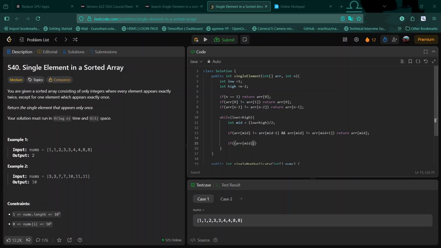If mid mod 2 equals 0, which is even, then my next element will be odd. The next element should be the same number, so I need to check that: mid plus 1